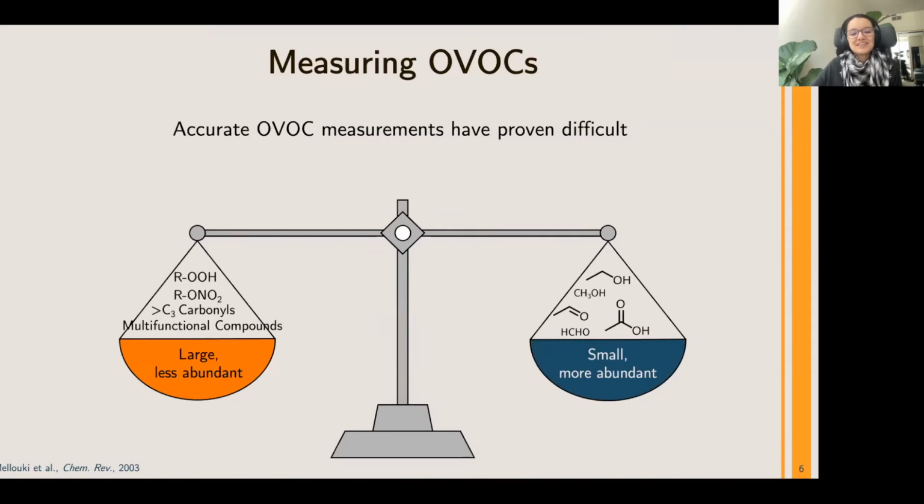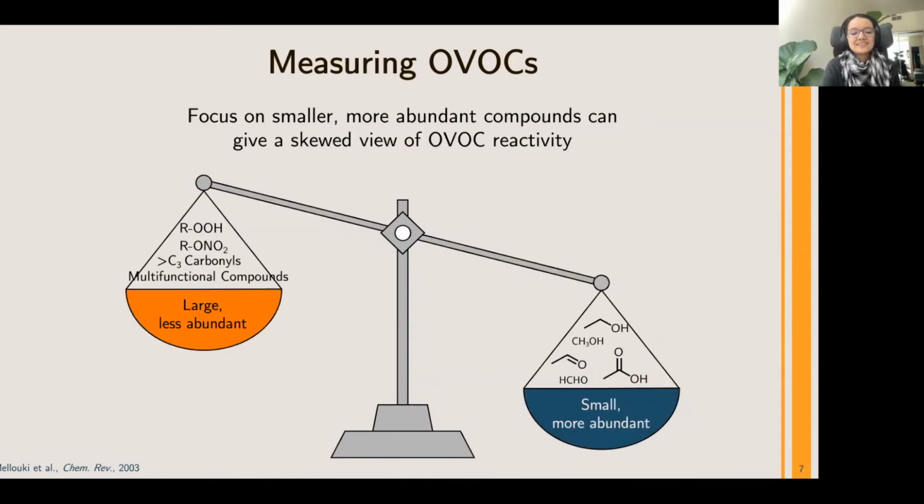However, despite their importance in the atmosphere, OVOCs are really quite difficult to measure. And this is mainly due to their reactivity, the wide diversity of functional groups that are present in this chemical family, and the fact that many of them are present at even lower abundances than their non-methane hydrocarbon counterparts. And that's why existing techniques have historically focused on smaller, more abundant compounds,